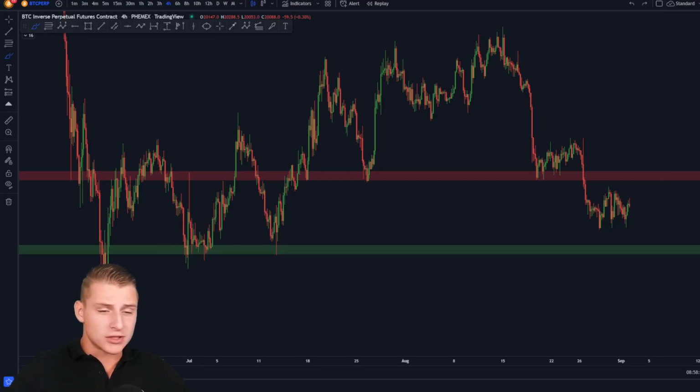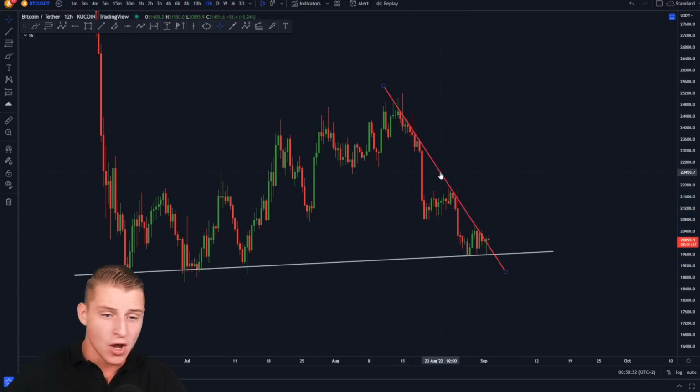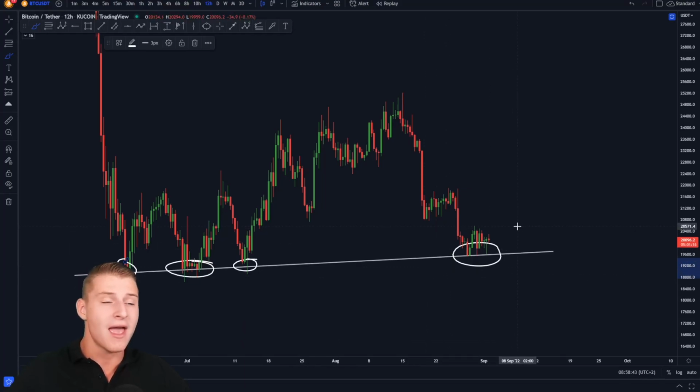And if we also look at our important patterns, we can see currently on the 12-hour time frame, the Bitcoin falling wedge is breaking bullish. Exactly after touching, and let me first remove these drawings, right? We have been touching this level 3 times before, this upward sloping support line, and every single time we touch it, we bounce from it. Look at this. Boom, we touched it here, we bounce. Boom, we touched it here at the beginning of July, we bounce. And also here at the midpoint of June. So every single time we have been touching this level, Bitcoin started bouncing significantly,